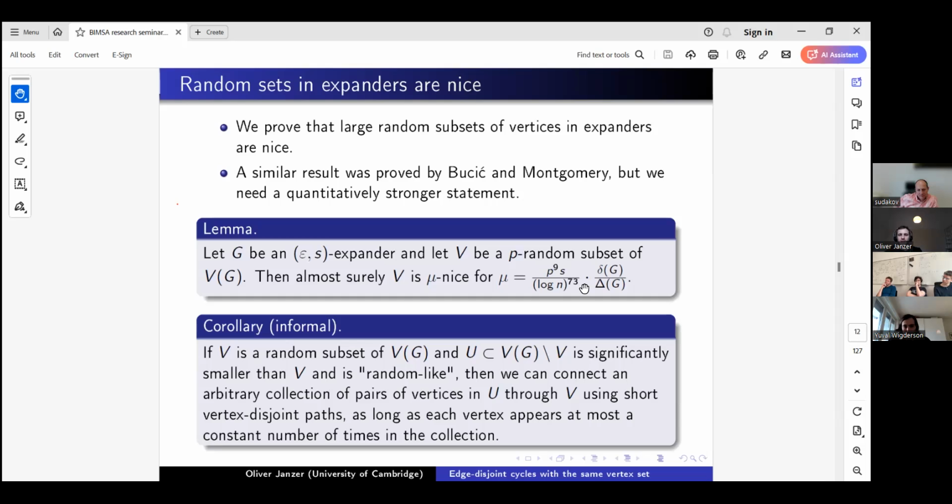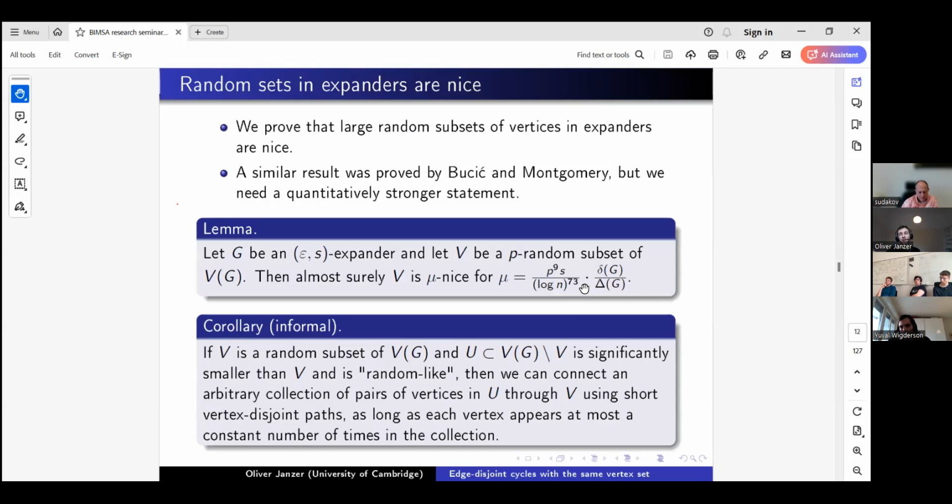And well, informal corollary that we'll kind of rely on is that if you have a random subset of your vertex set and you have another set outside of your random subset, that's significantly smaller than V and is in some way random-like. The random-like we only need in the sense that degrees to it are a bit like if it was a random set. I mean, this notion of niceness cares about the degrees to the pairs that you want to connect. So what we need about U is that the degrees to it are random-like. So if this U is random-like, then we can connect an arbitrary collection of pairs in U through this random set V using short vertex disjoint paths, as long as each vertex appears at most a constant number of times